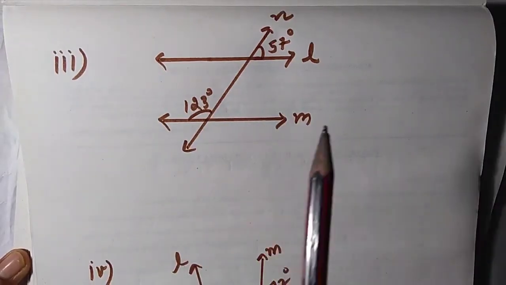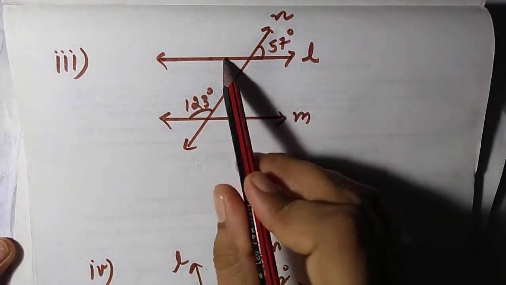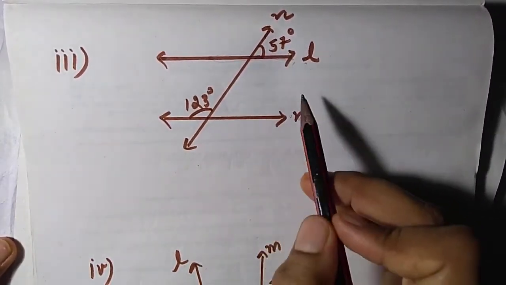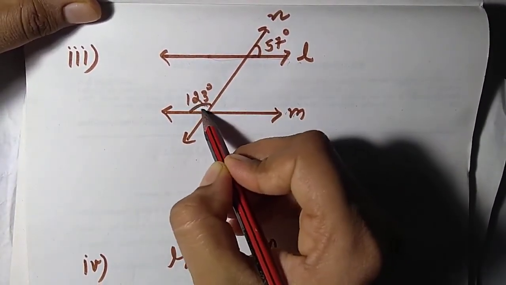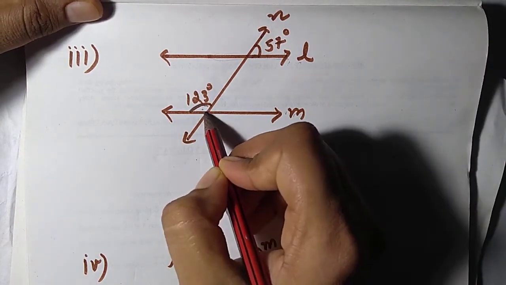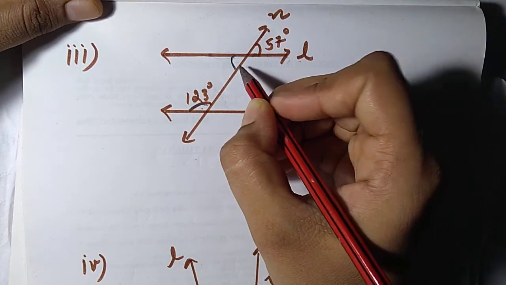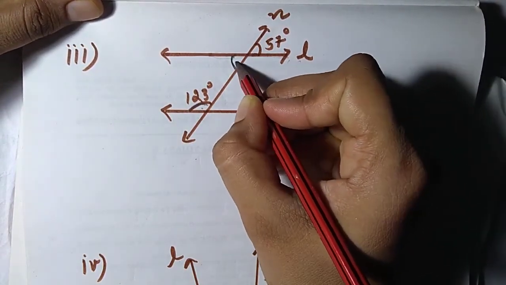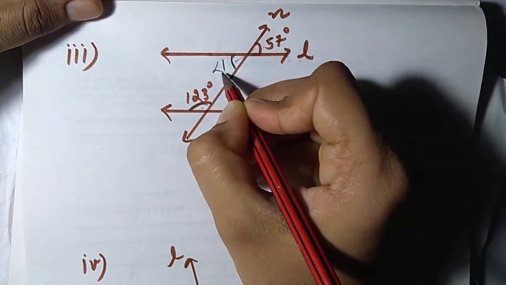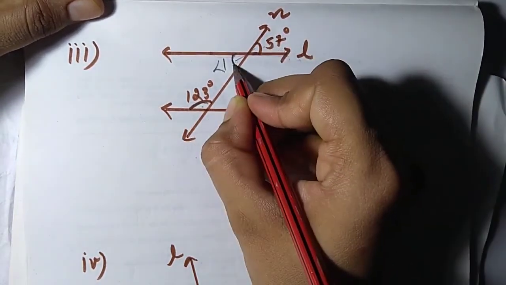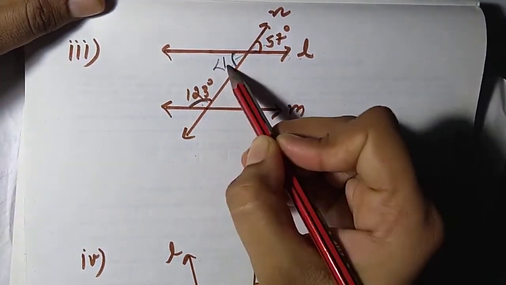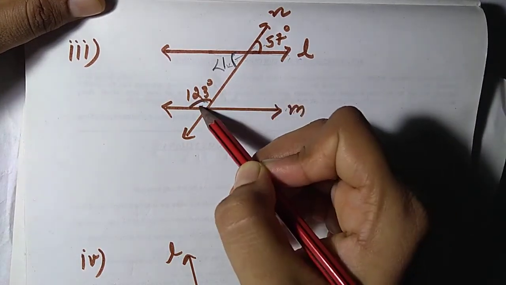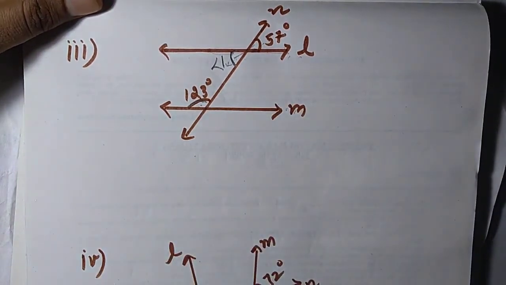Now third part, I am explaining orally. Okay, so these lines I have to prove to be parallel or not, we have to decide. So if this is the inside angle, the co-interior angle, the second angle to make the co-interior angle will be this one. So first I have to find this. So this will also be 57 degrees. Write this as angle 1. So angle 1 is equal to 57 degrees, by vertically opposite angles. I explained this in the previous part. Now you have to add them: 57 degrees plus 123 degrees. If the sum comes out to be 180, then we can say lines are parallel. Otherwise, no.